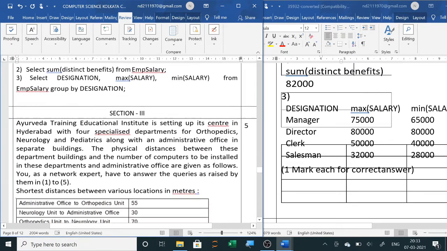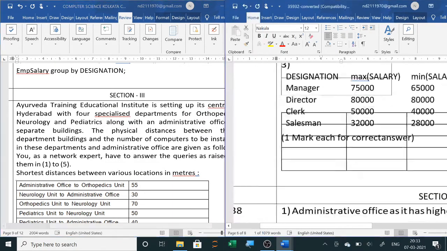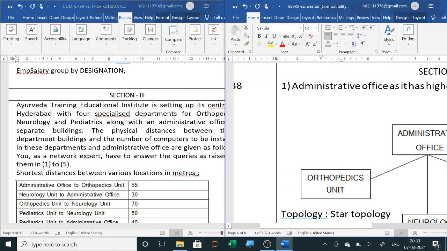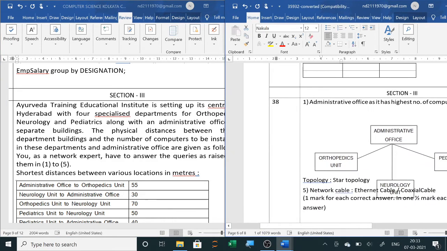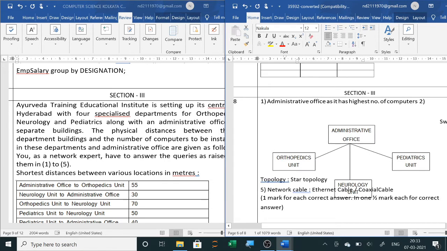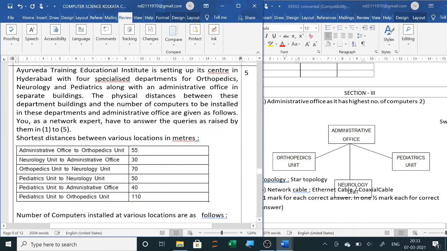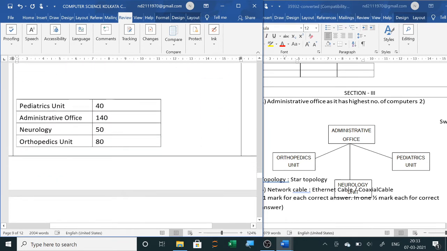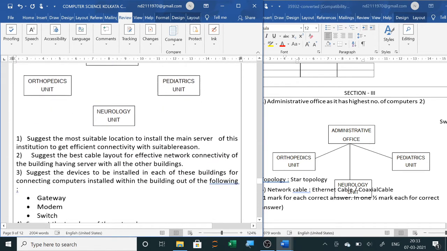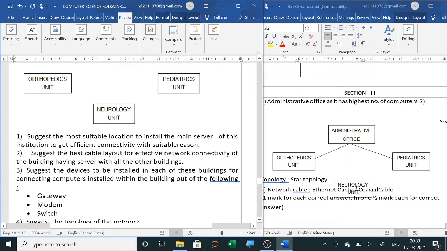So over. Now section 3. Section 3 is a case study given here. So 4 blocks are there. The distance between the blocks and the computers is given to you. Now suggest the most suitable layout to install.